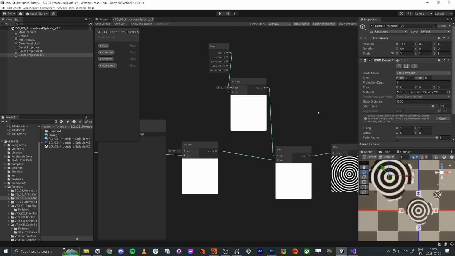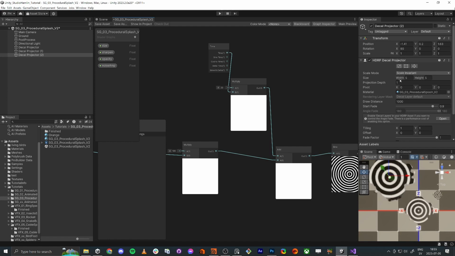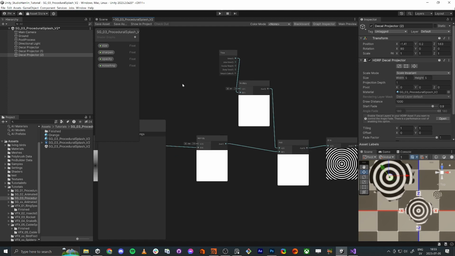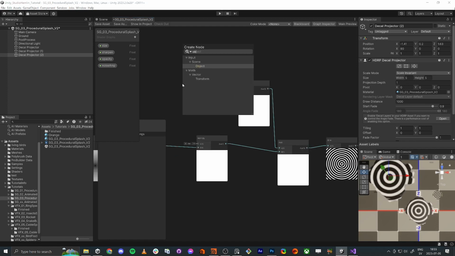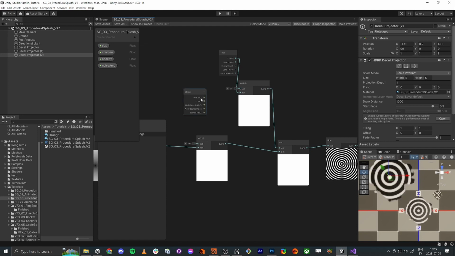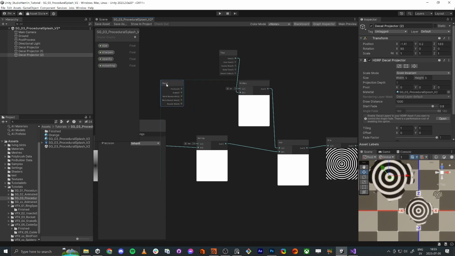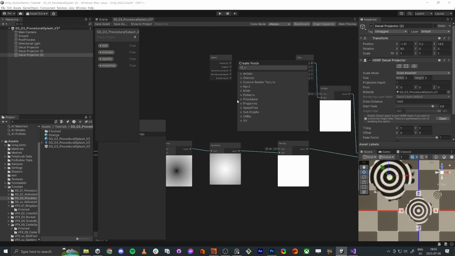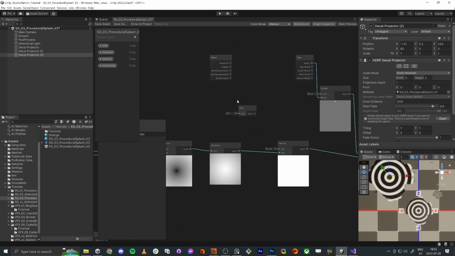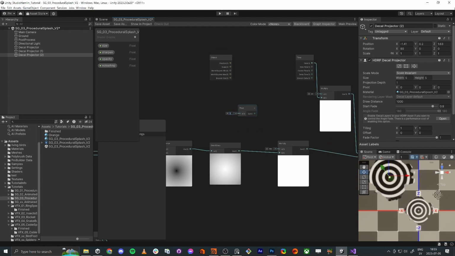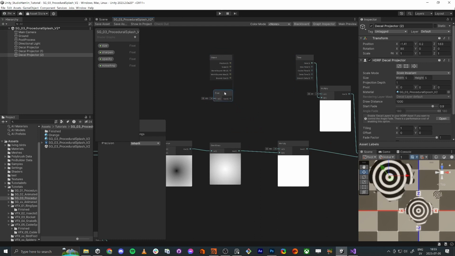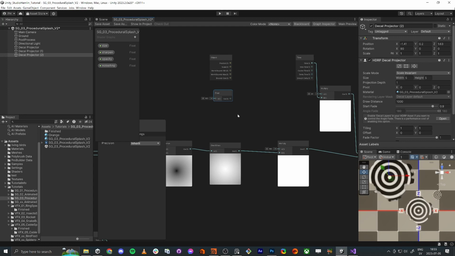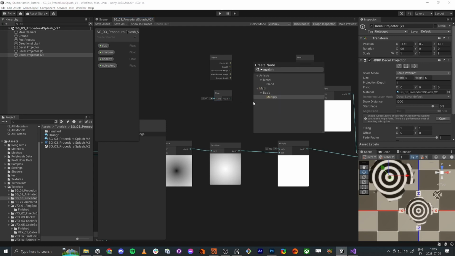So because it's scaled here, size 5 by 5, we can actually do it with an object like this. And we can read the position and scale. So let's say the size here. So if we do a float and do 100 here, and if we do multiply,